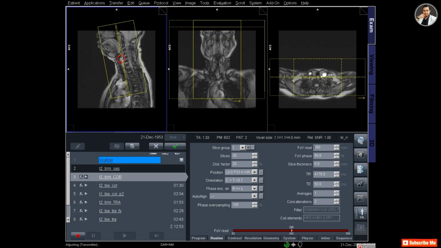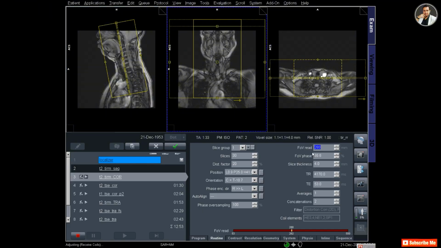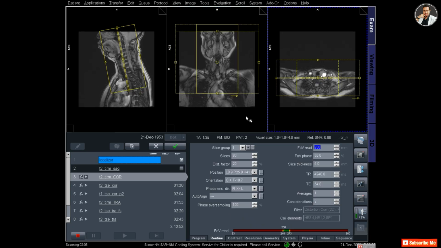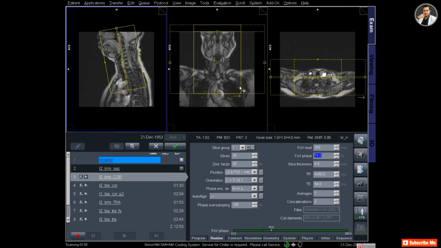Now I am planning for coronal image, starting with T2 STIR coronal. I have increased the field of view to 350, and also the phase field of view I am increasing.